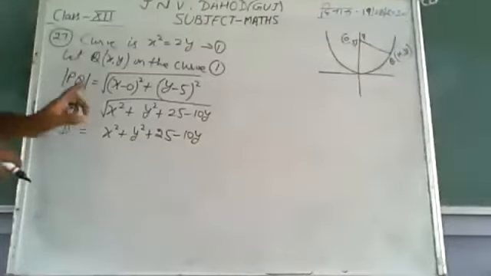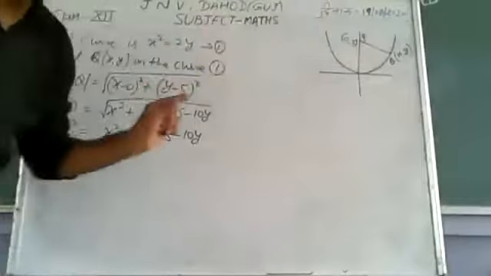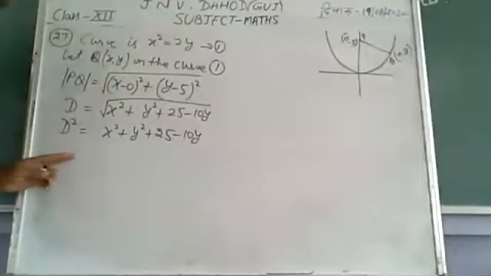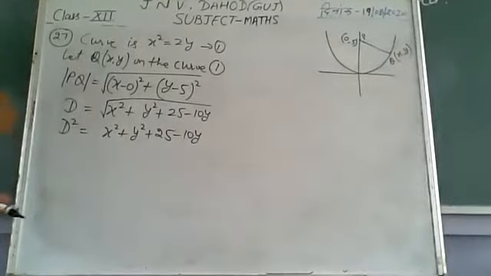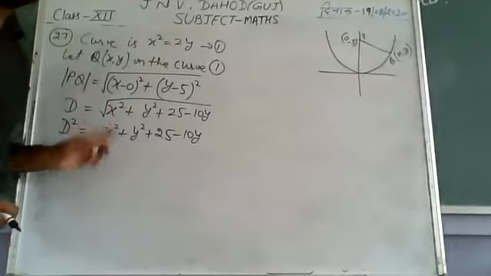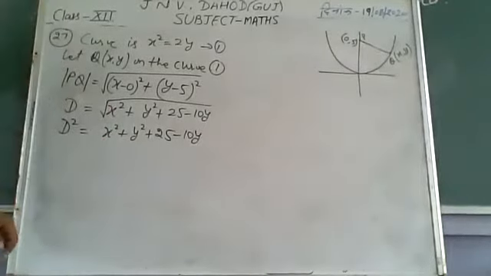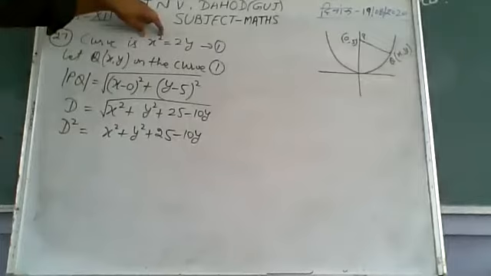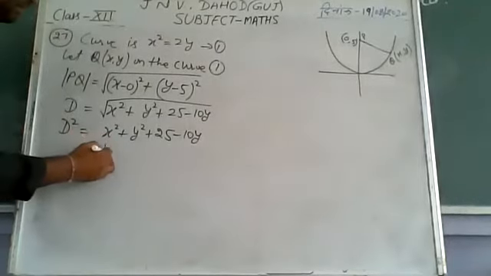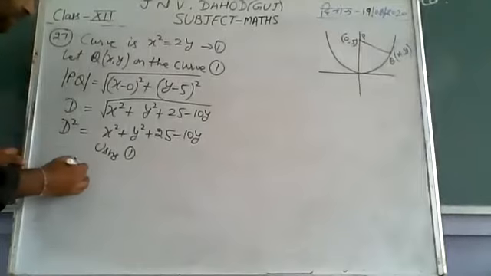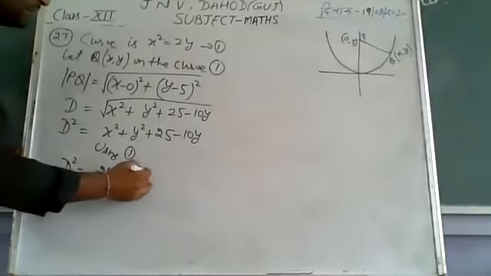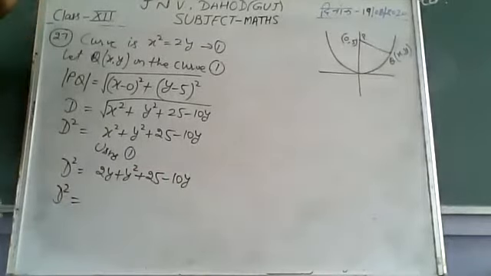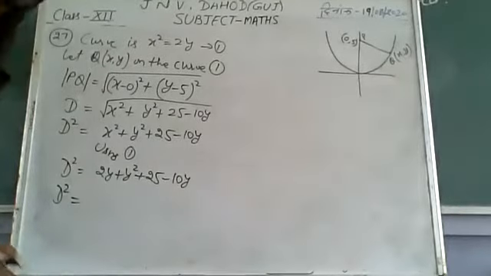Now we have to find the point such that distance is minimum। If this distance is minimum, then we have to differentiate this distance। But before differentiation, we are finding that there are two variables x and y। So first of all, we have to eliminate one variable, and which can be eliminated with the help of equation number 1। We can put value of x square as 2y। So using equation number 1, we can put the value of x square which is 2y plus y square plus 25 minus 10y। So now the equation has only one variable which is y।